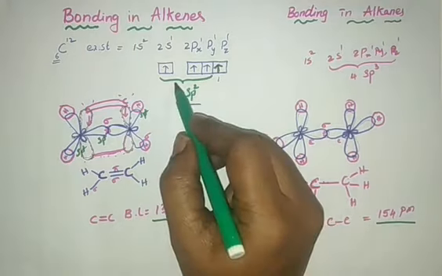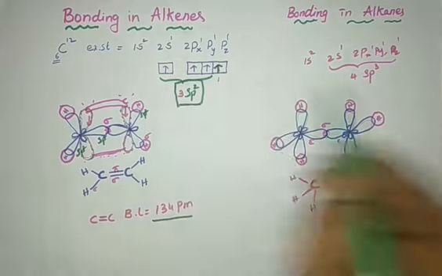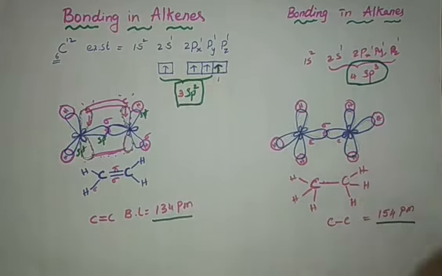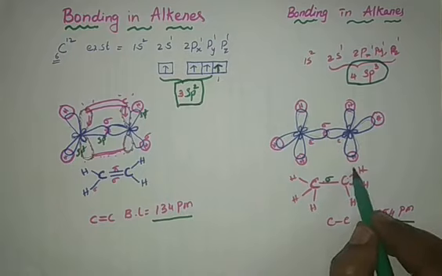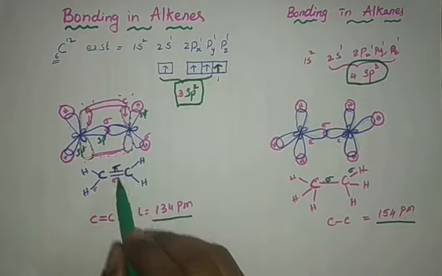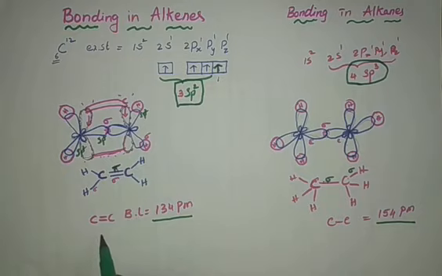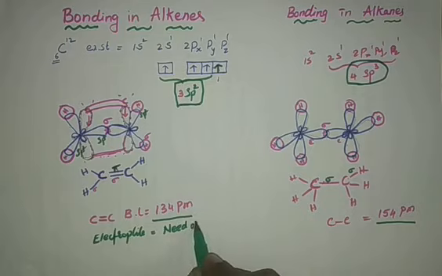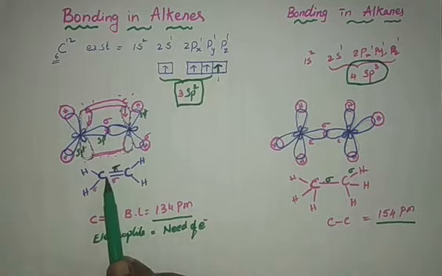Another difference is that this undergoes sp2 hybridization and this undergoes sp3 hybridization. And this has all sigma bonds, whereas this has a pi bond. Due to this pi bond, this alkene will act as a nucleophile and react with electrophiles. Electrophiles means species in need of electrons. Those species which are in need of electrons will attack the alkene. Therefore, electrophilic addition reactions take place mostly on the alkene.